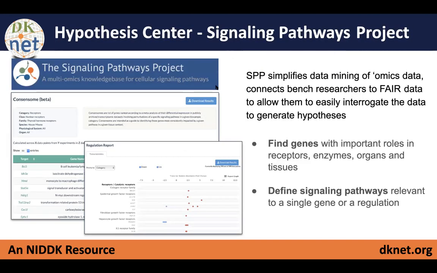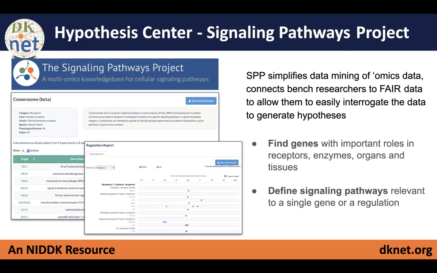And so the Hypothesis Center, one of the initial tools that we've integrated with this is the Signaling Pathways project. And this is a knowledge base for cellular signaling pathways. And so, users can go in, and what the Signaling Pathways project does is they curate the data coming, for example, out of one of the NIH genomics repositories, to make the data more FAIR, as we described earlier.